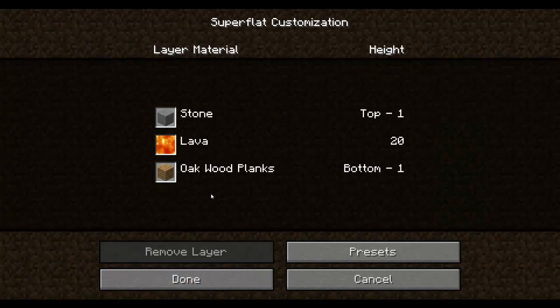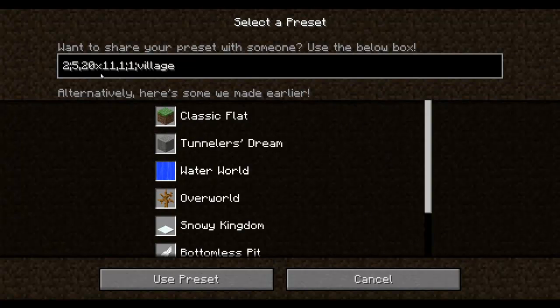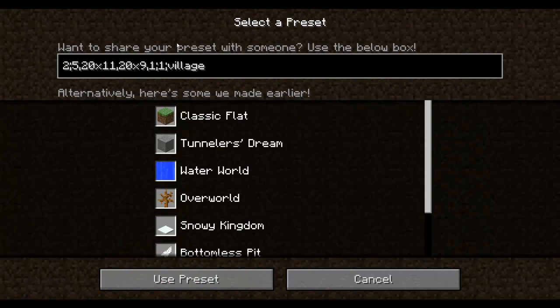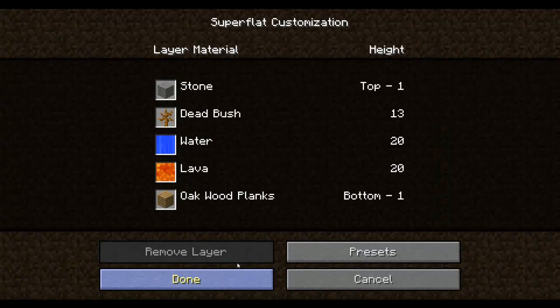As you can see now, if you click Use Preset, it's added the layer of lava in the middle. Once again, if you wanted to add another one, say you wanted 20 of water, don't forget to hit the comma, and then there's going to be 20 layers of water as well. Then once again, you want to add another layer, let's do 13 times, and see what 32 is. If it's an item block, then it will just appear as air. So that's dead